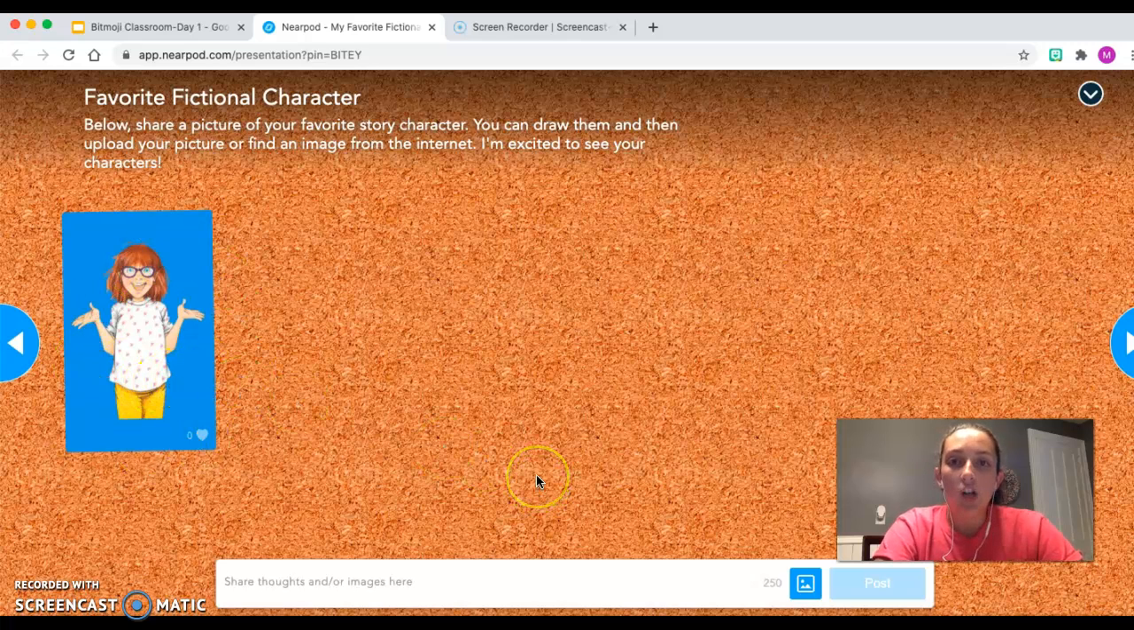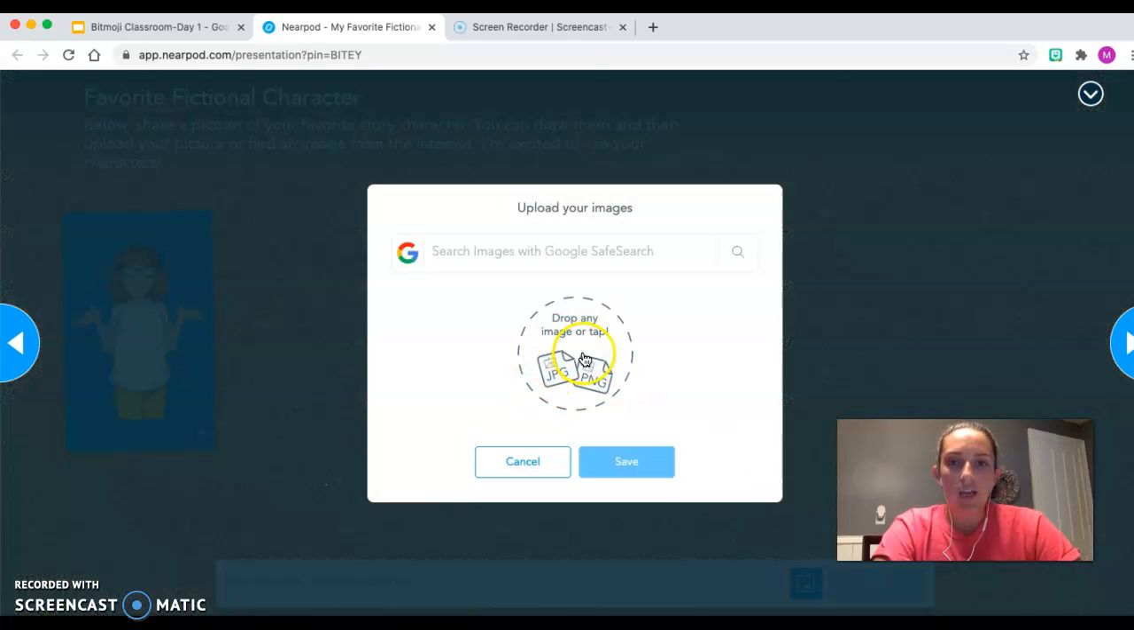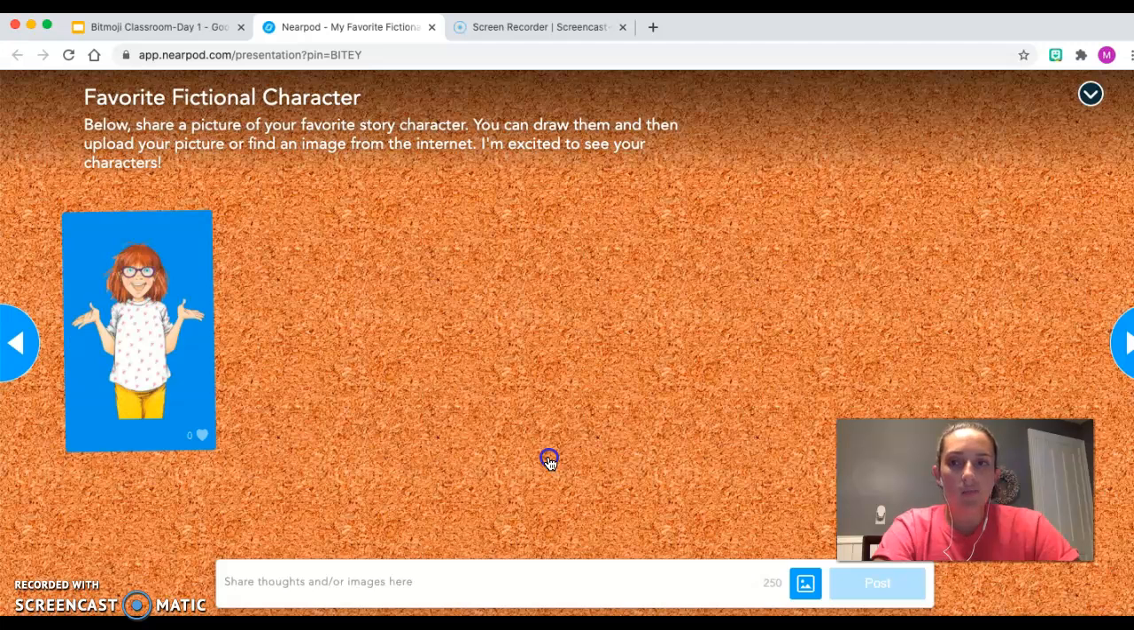If you would rather draw a picture of your favorite story character instead of finding one on the internet, you may do that also. Draw your picture on your piece of paper with a pencil, crayons, markers, you name it, and then upload it to your computer, and you'll click this image button, and you can share your image with your classmates. After that, you can go back and you can like your classmates' pictures. Once you've finished that, you're going to go to the next page,